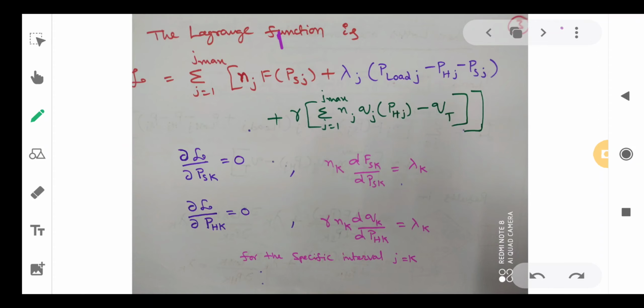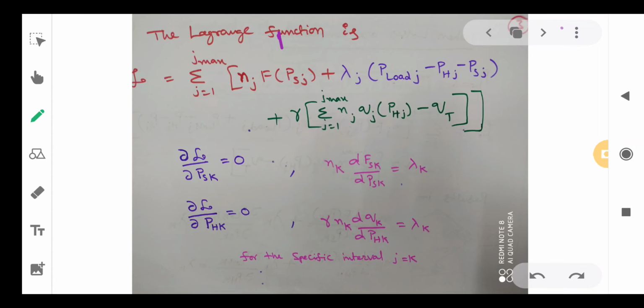So this is nothing but the steam power plant function. Nj is the interval. So therefore our problem is to minimize the steam power generation cost for a particular period. The second one is